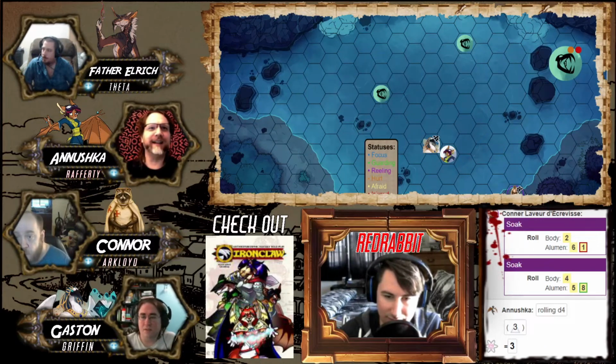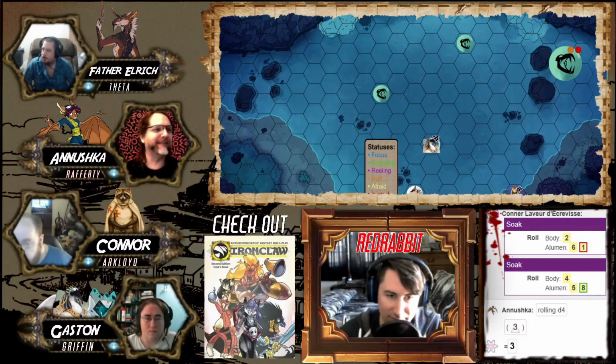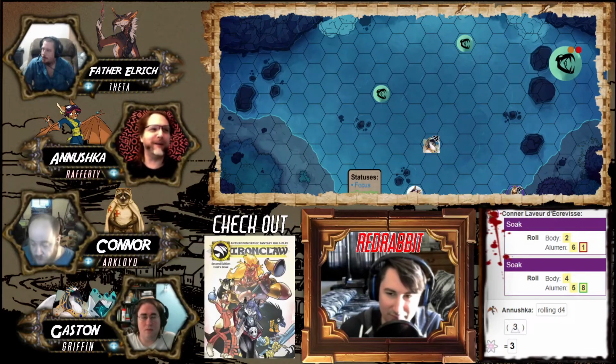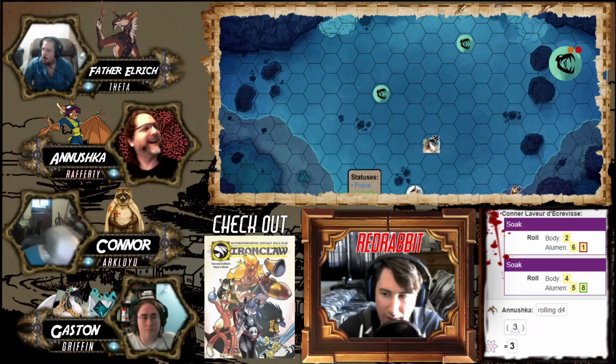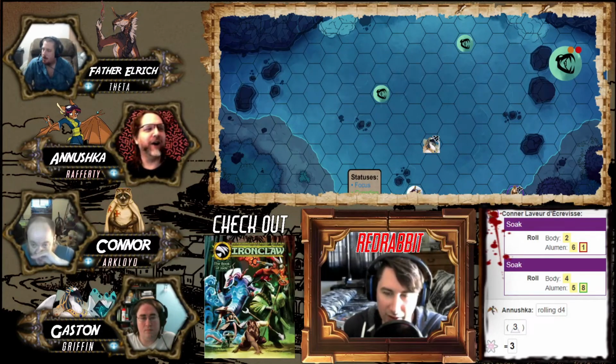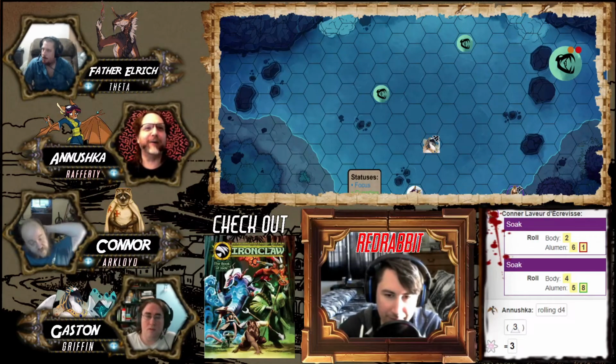And you drift. And drift 3 paces. People in the air, you roll your body and you drift that many paces. Right. Yep. Now, normally, do you guys just decide which direction? I've been rolling for it randomly, but that's an extra thing. I'm going south. So